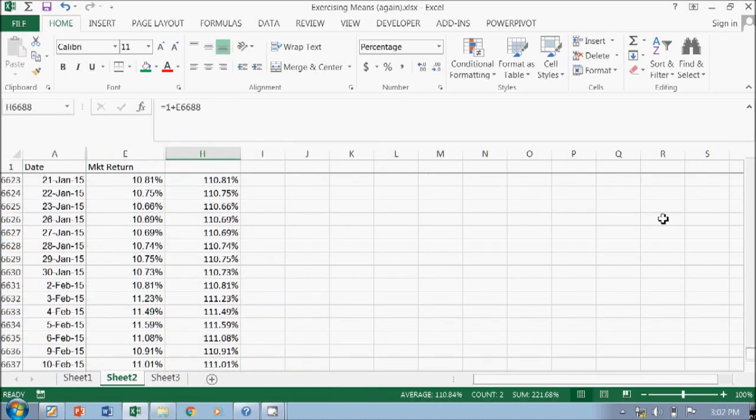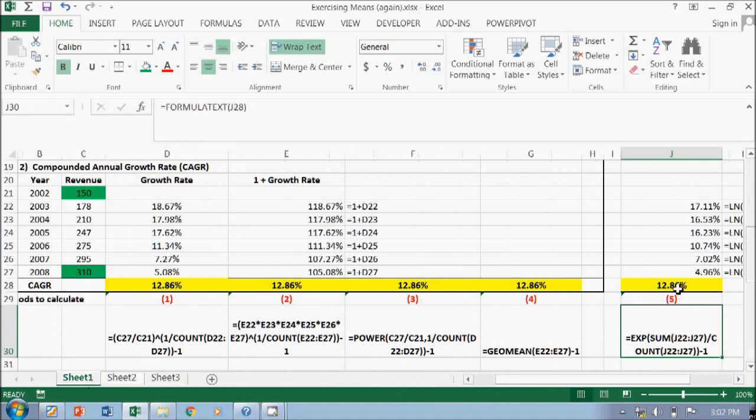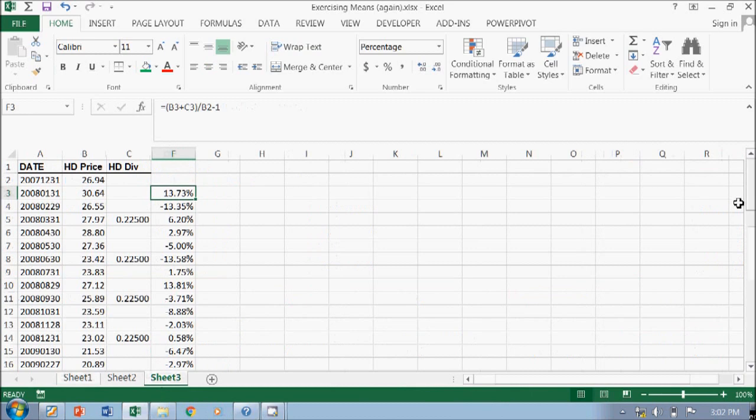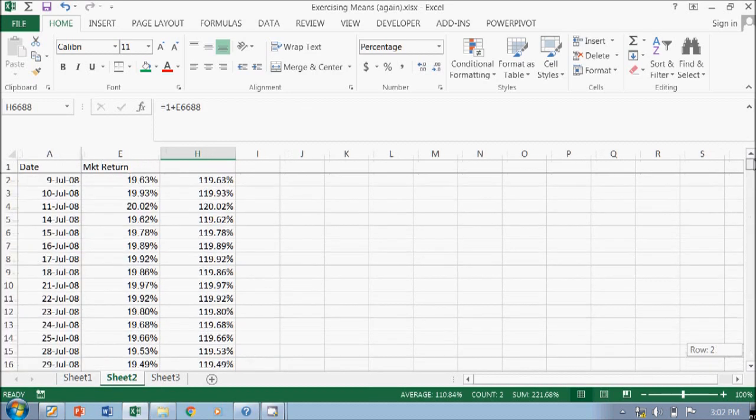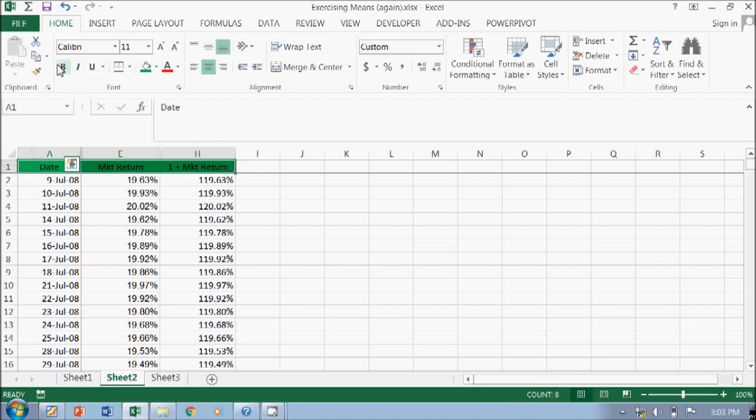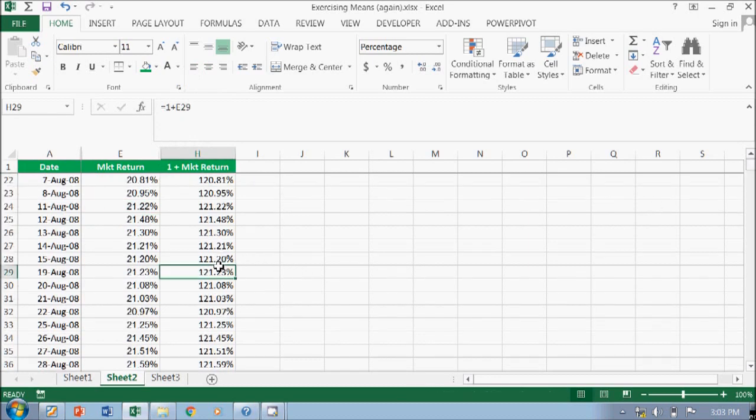Okay, so this formula, the last one, is very useful if you have a very long data. Okay, so you have here 6,600 data. And then it's very normal for the compounded annual growth rate. Usually I will add 1. So this is 1 plus market return. Just put it wide. Okay. And then once you have all this data,